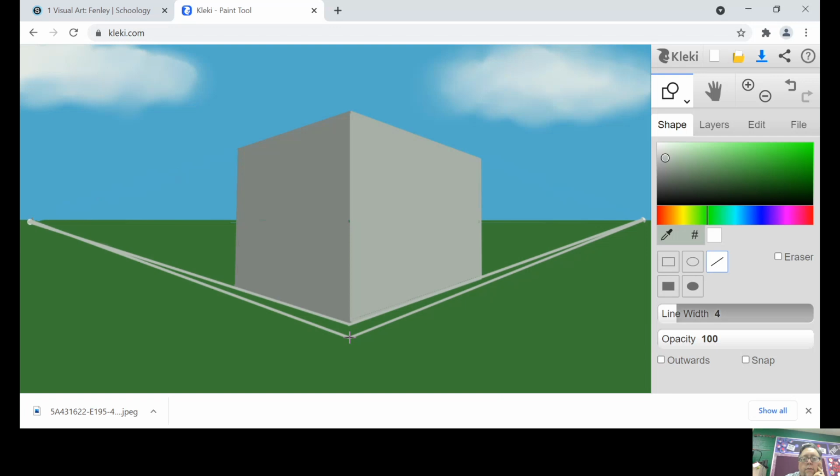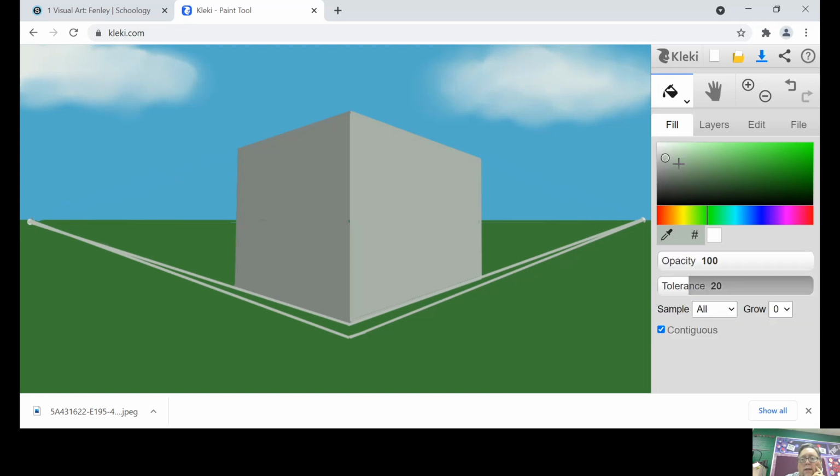And it doesn't connect. So if I fill that, we'll have a big old blob. Let's see if it'll blob. Oh, it didn't. Wow, I'm amazed. I really thought it would. All right, so I have a sidewalk. If I want to add in a road,